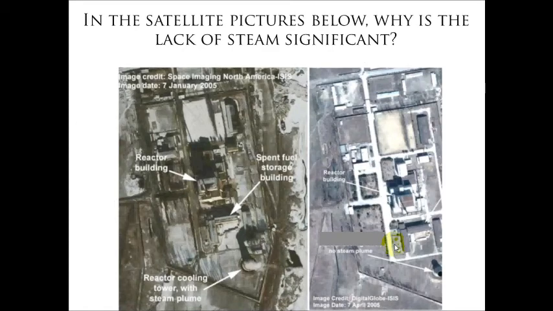Now let's look at this picture here. Now remember what I told you about plutonium production in a reactor. If you want to produce plutonium and you want to produce weapon-grade plutonium, then you have to pull the fuel out pretty quickly. About a month or maybe 2 months afterward, you pull the fuel out, because that's when you're producing weapons-grade plutonium. So if you look at these two pictures, on the left side you see a power reactor